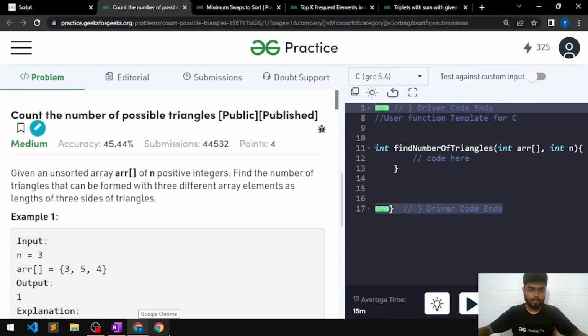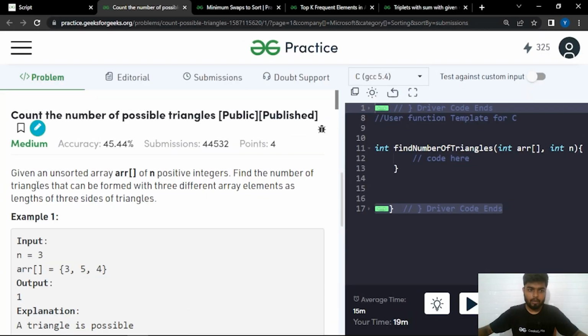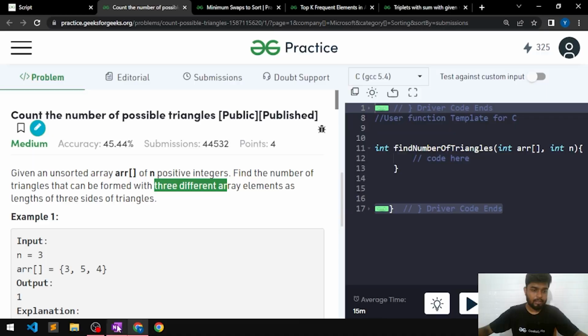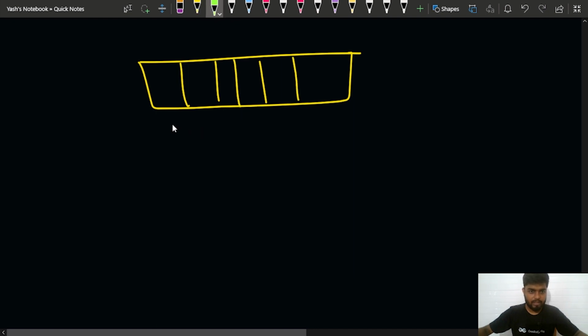In this video, we will discuss the problem count number of possible triangles. Now, the problem says that you have been given an unsorted array of n integers and you have to find the number of triangles that can be formed with any three different elements of the array. Basically we will be given an array which is unsorted and we have to choose any three indexes i